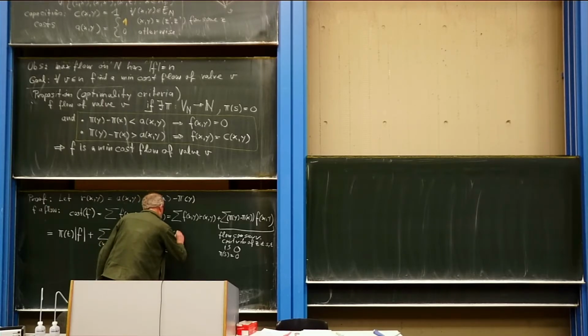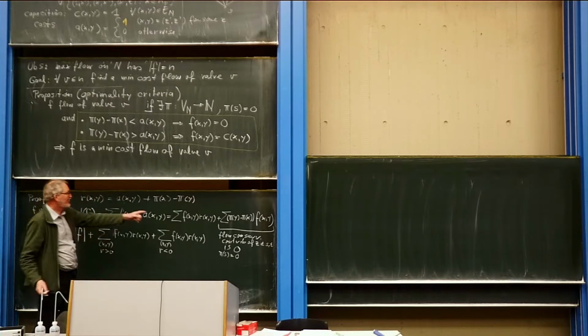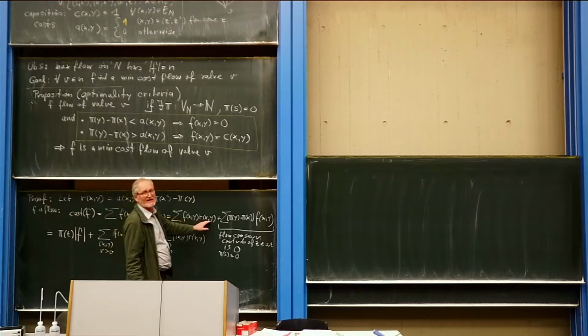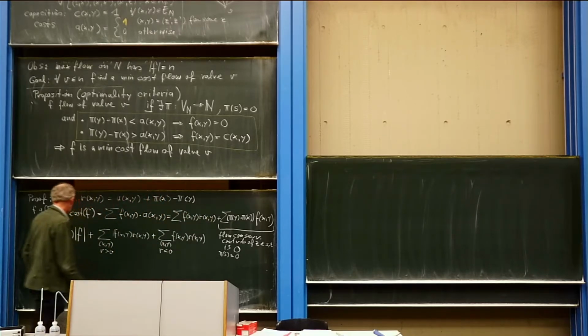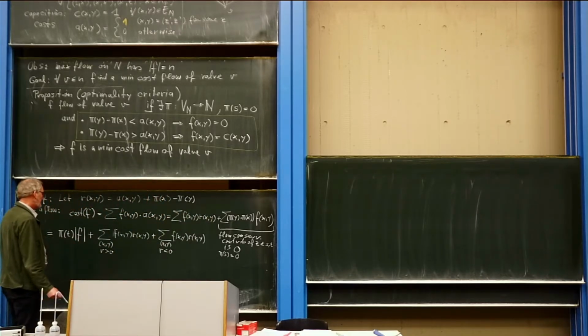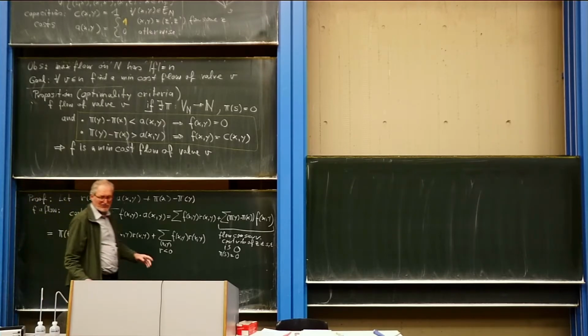The same thing, f_xy r_xy. And if there's edges where the r is 0, well, then they contribute nothing. We can just ignore them. So, and now we want to bound this,